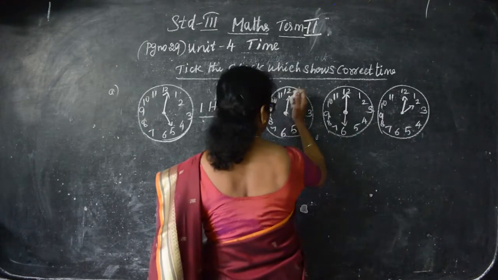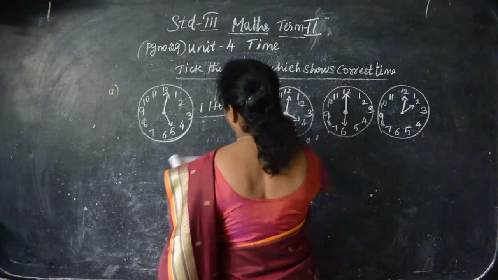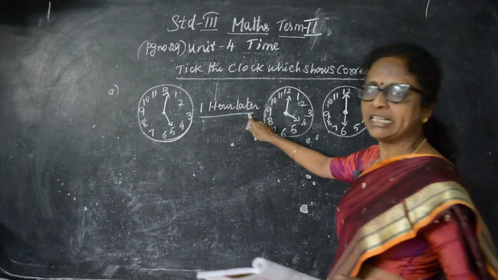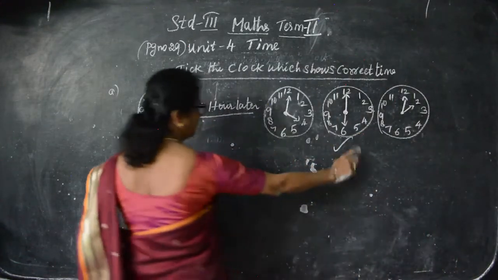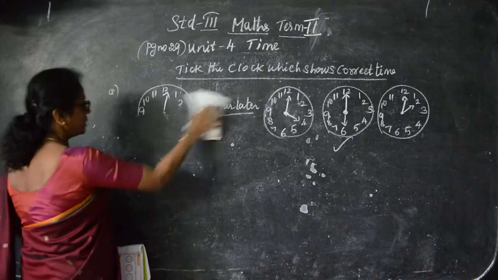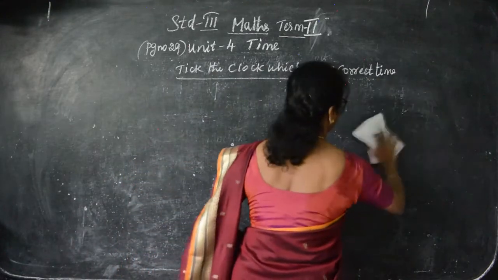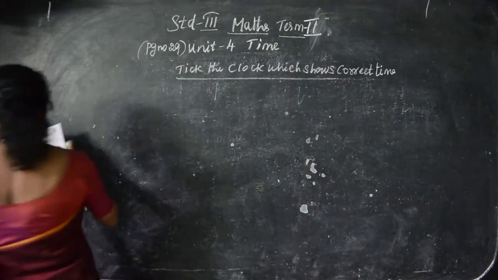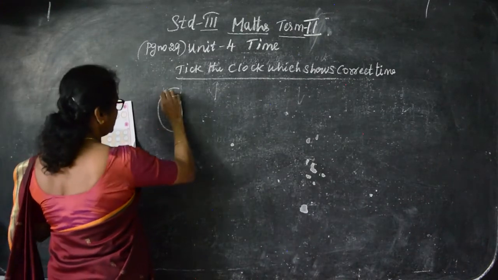5 is here. Okay. 5 o'clock is here. So 1 hour later, what will be the time? 6 o'clock. So you tick the 6 o'clock. Like that, so many sums they are given. So I'll give the sum. Will you draw and mark the correct answer by yourself, children? Otherwise, you can draw the answer. I'll just draw this.